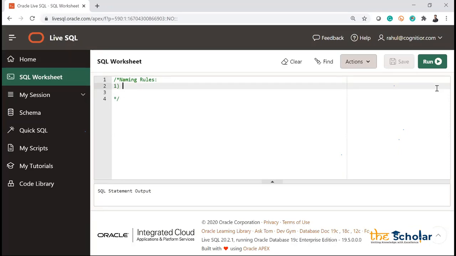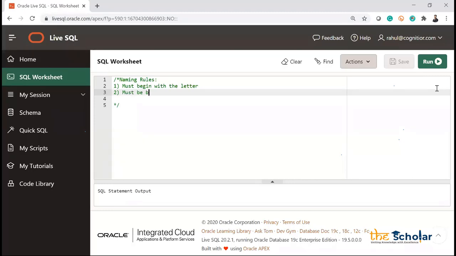So the naming rules, the first naming rule is must begin with the letter or character, or I can say alphabet. Second is the maximum length of the name of the table or any object will be 30, not more than 30 characters, right? So must be between 1 to 30 characters.